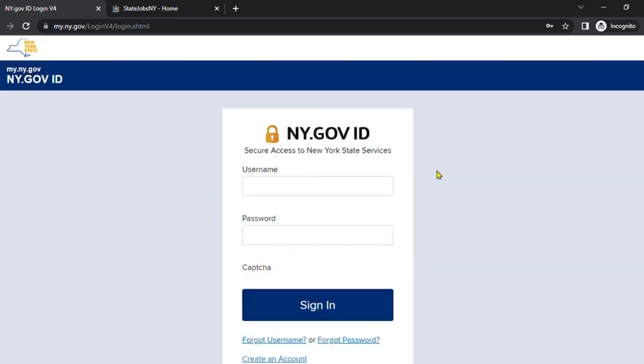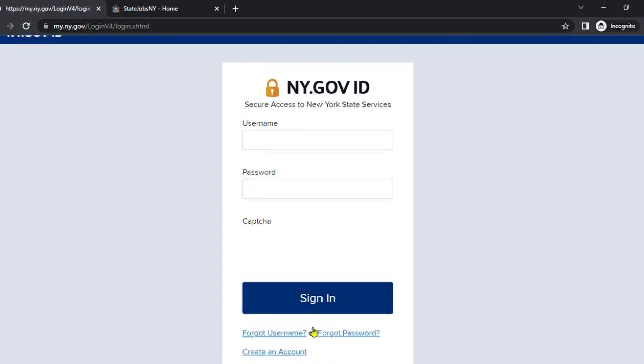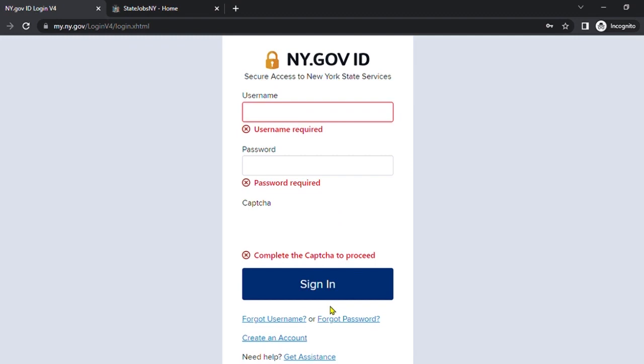And it's very simple. So once you click on that, it'll take you to the New York State government ID account page. It's a little slow here. I don't know what's going on, but this is what it is. All right, so you would say create account. So sign in, create account,